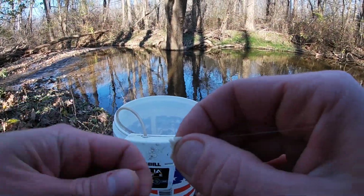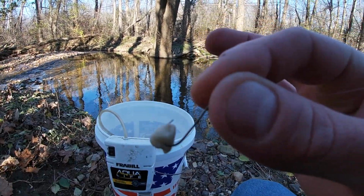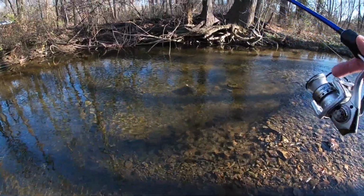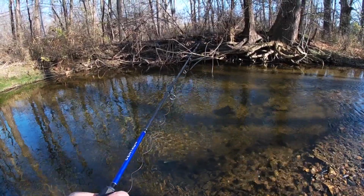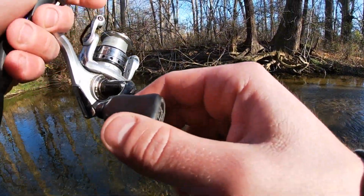All right, so I'm going to take just a tiny little piece of bread. Make sure the hook's poking out just a little bit. There you go. That is about the perfect size for the perfect size fish for our fish tank. Let's see if we can get something going here. Probably just gonna catch creek chubs on this thing. Don't really want to put any creek chubs in my little fish tank. Just not a huge fan of creek chubs. Pretty little fish, but